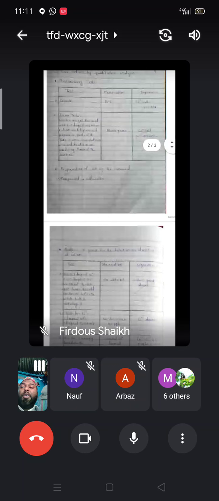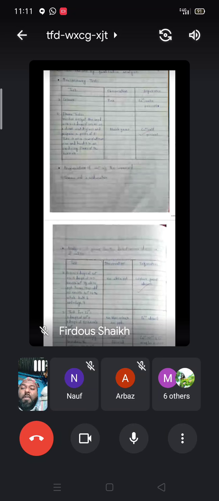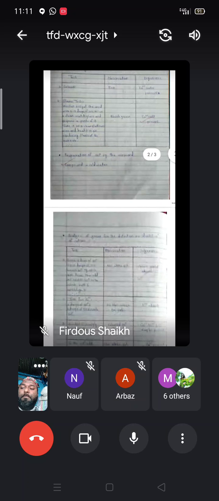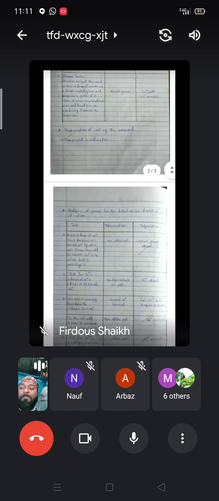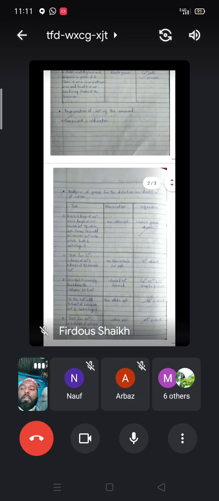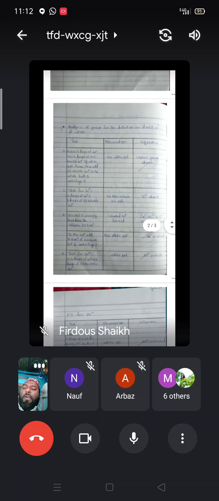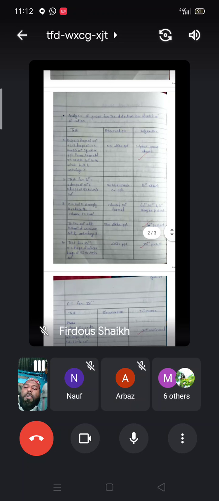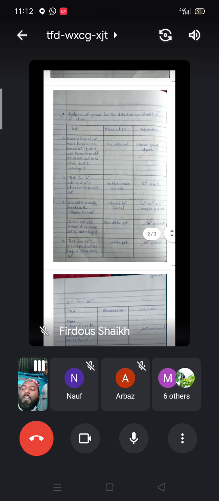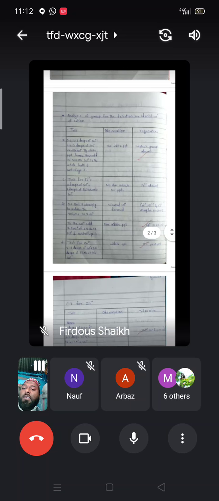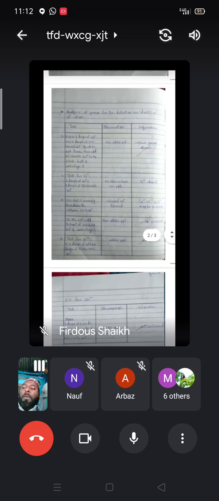Now the preparation of the solution for the given compound. You have to take the compound plus water, that will be your OS, the original solution. Then we will go to the analysis of the group. We have seen the different groups: the sulfate group is there, the hydroxide group is there. Then for this purpose we can do the tests.